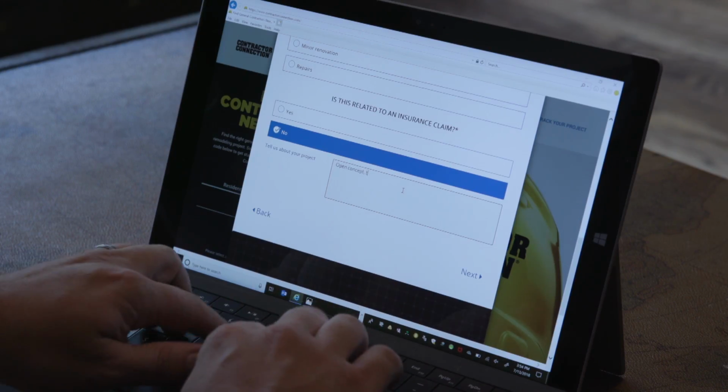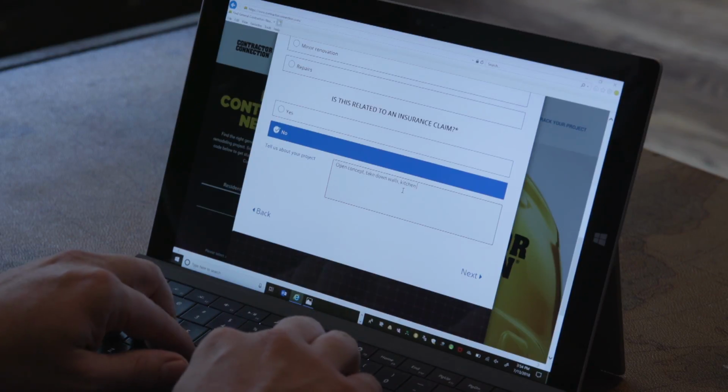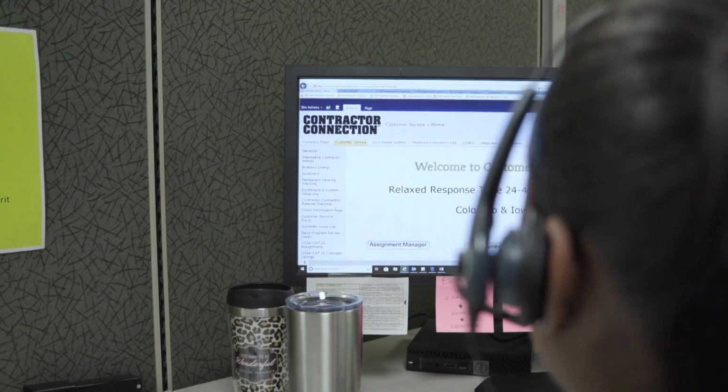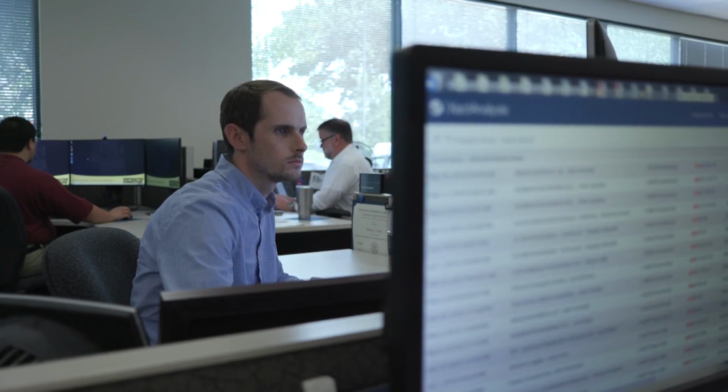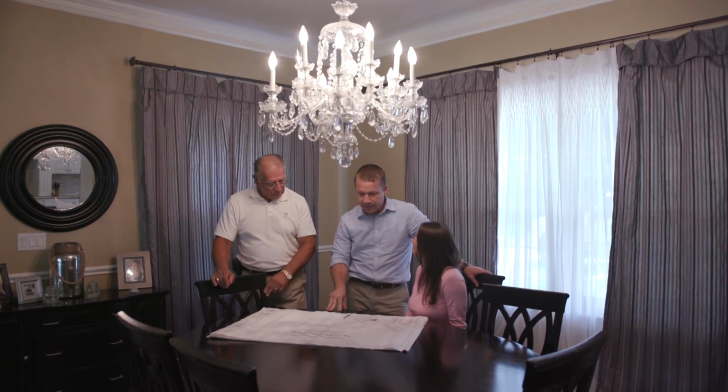How would you describe this project? Gut and start over. We got to tear down walls. Okay, tear down walls. Completely start over on the kitchen. We have to do electrical, plumbing, lighting, flooring. Don't forget the fuzzy wallpaper. The fuzzy wallpaper. Right. As the country's leading provider of contractor-managed repair services for the insurance industry, Contractor Connection was